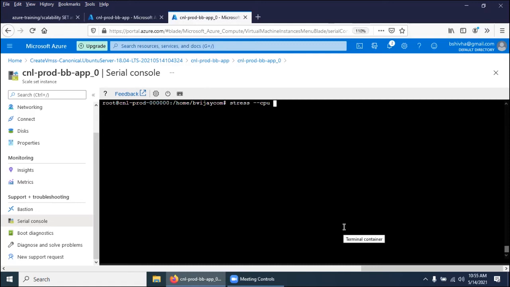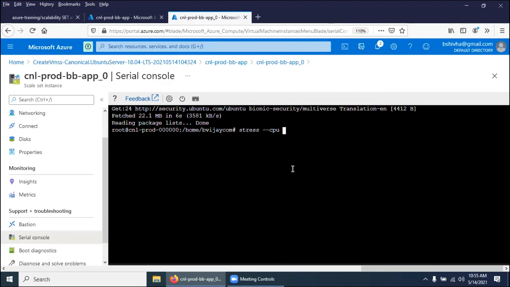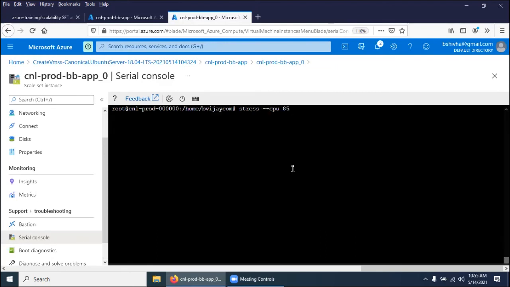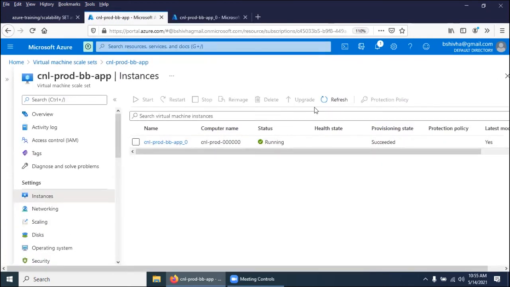So now I am going to say 85% CPU. I enter. So now we have given the trigger of 85%. Then within 5 minutes, because the interval is 5 minutes. So wait, refresh. So still it's 1.